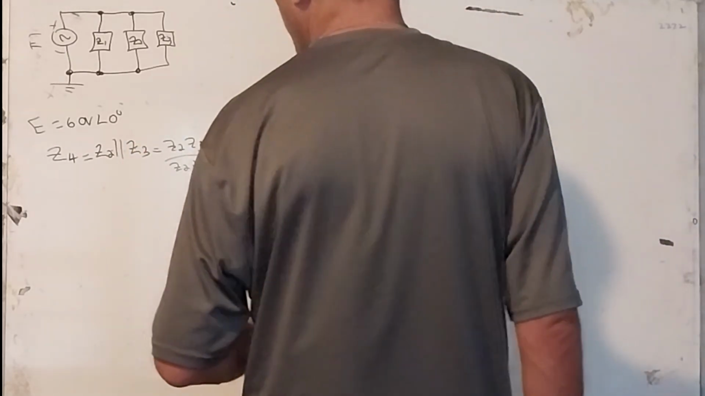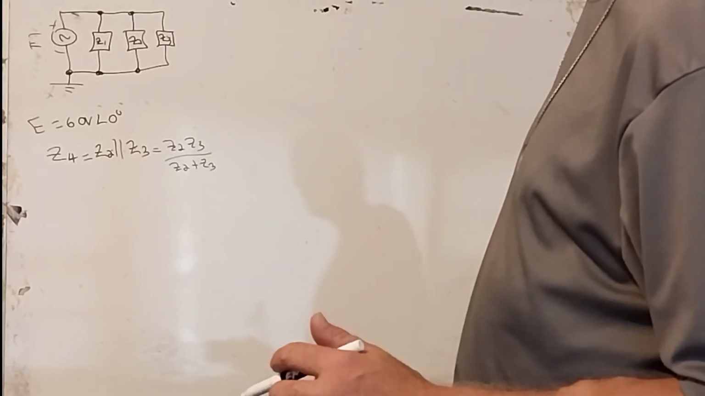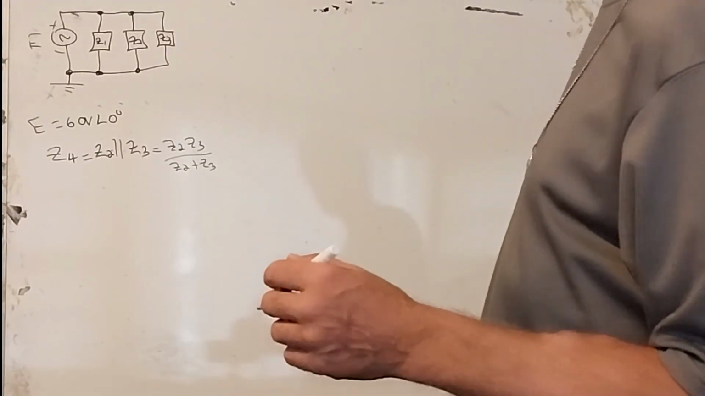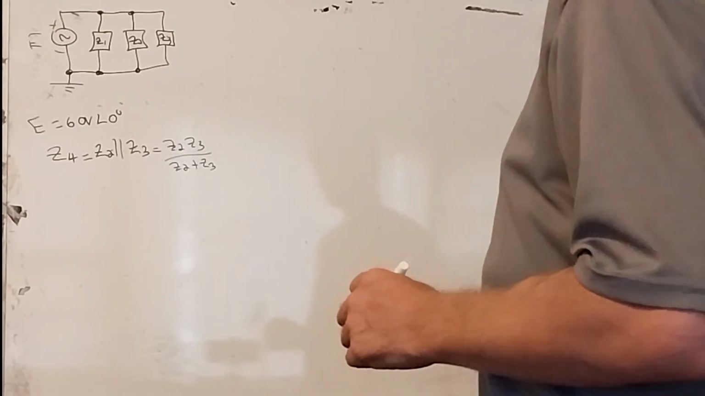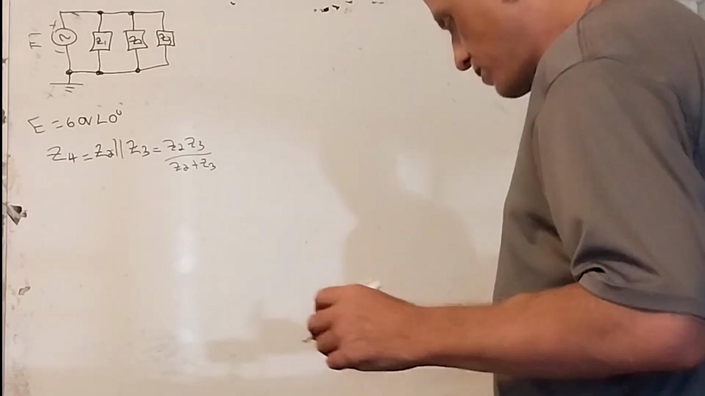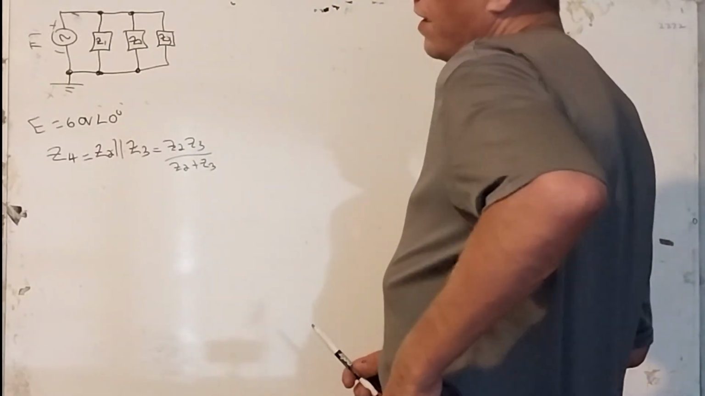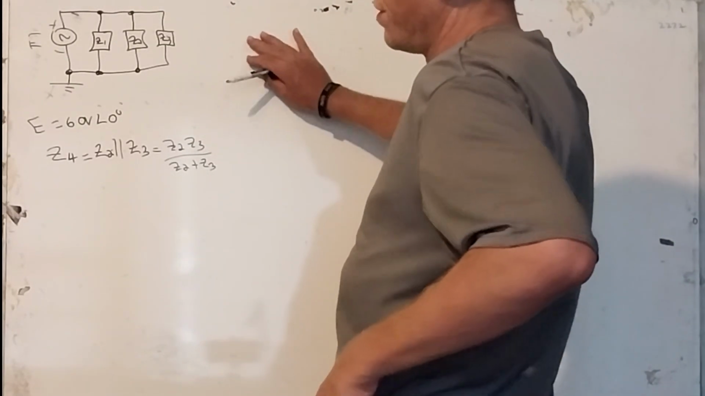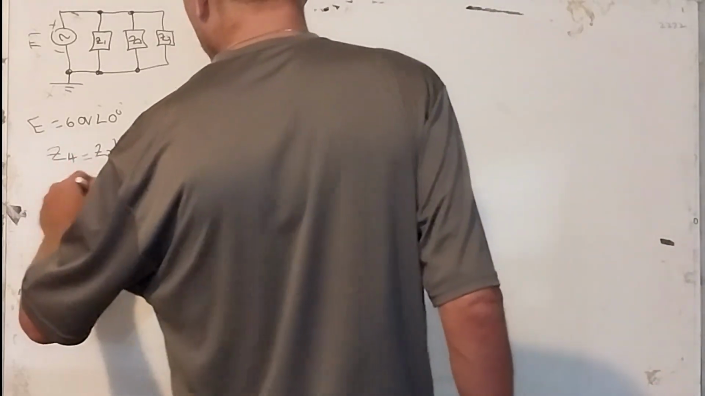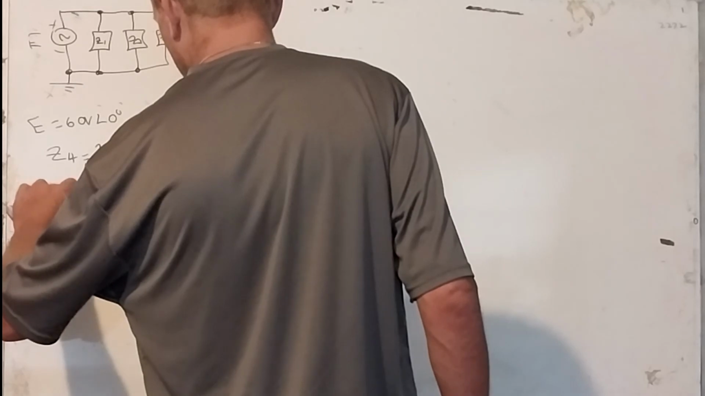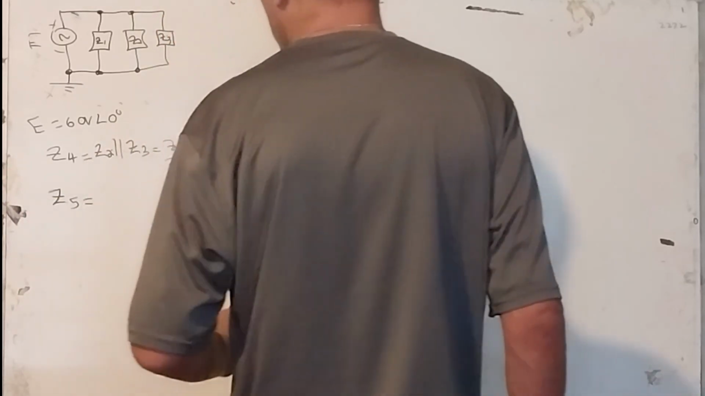Well, we know that Z2 is up there. We have R2 plus XL plus X of C1. Let's just write out the equations here, and then I'll write out the values of the elements. That way we can just do the algebra pretty quickly. Z sub 5, that's going to be equal to